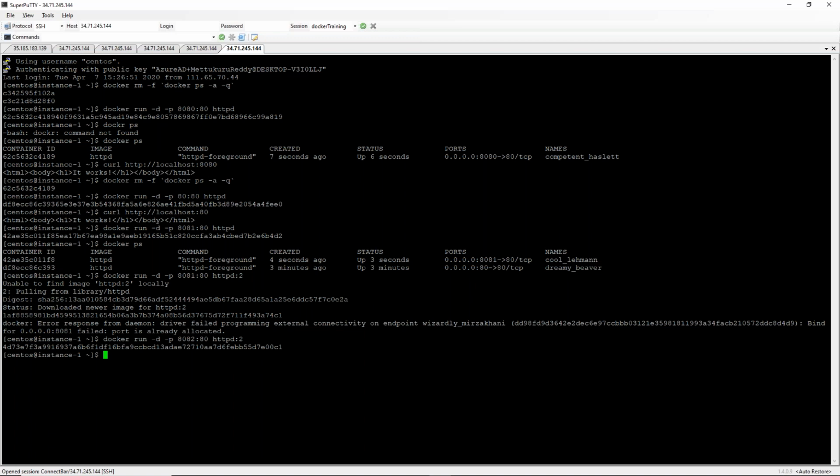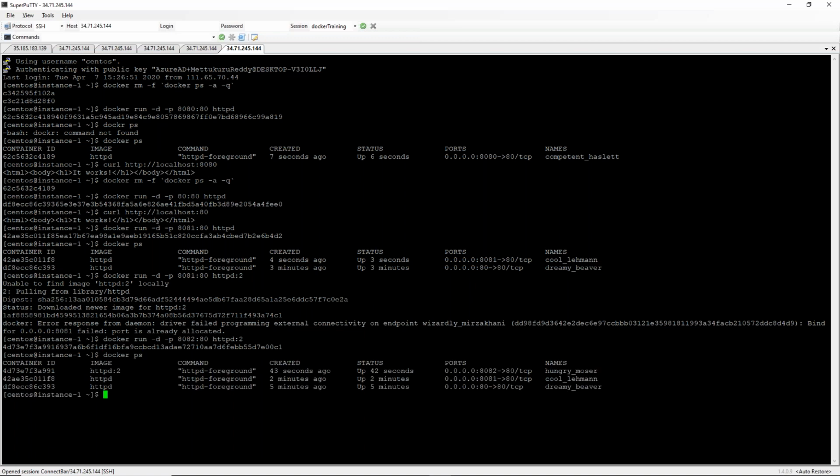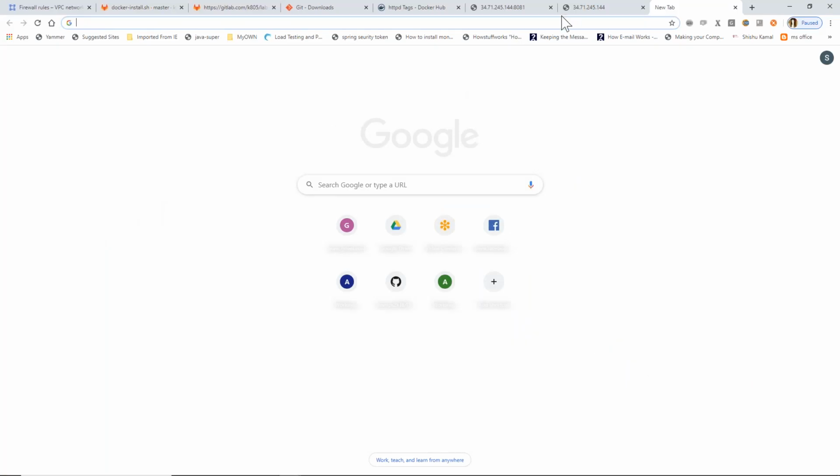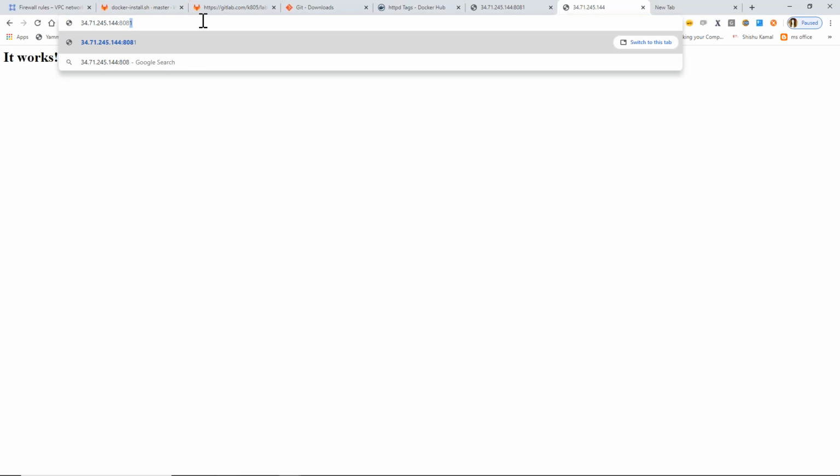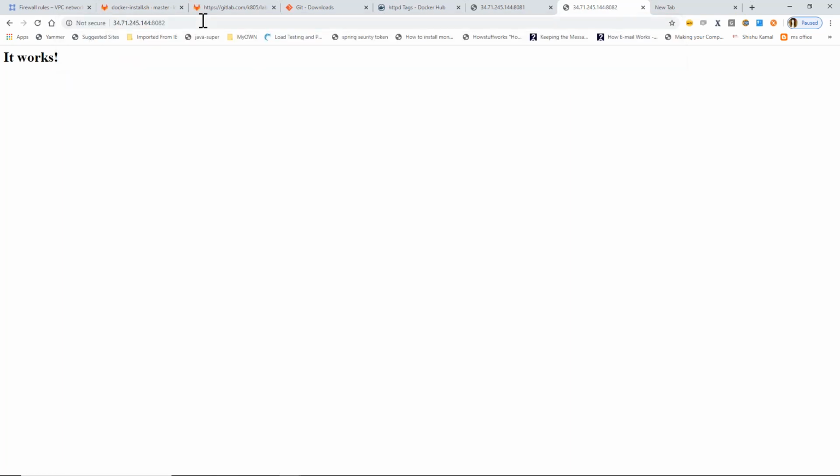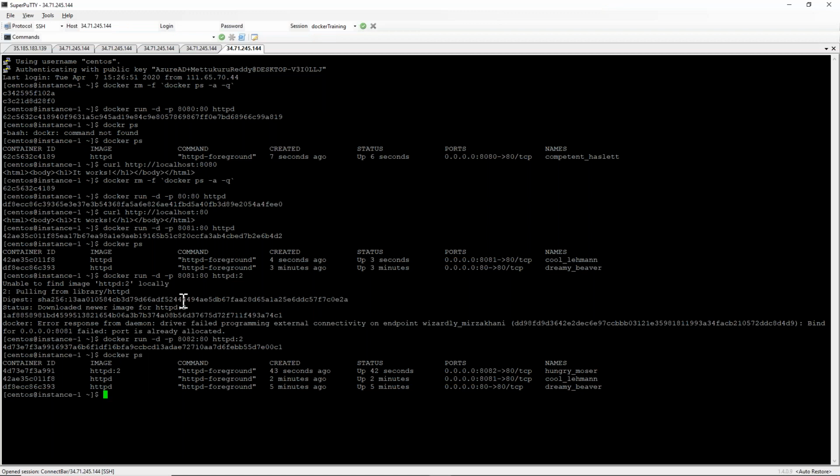So now see here, I'm running three different web servers. On 8082 also I'm running a different version of the web server. So you know all these commands, right?